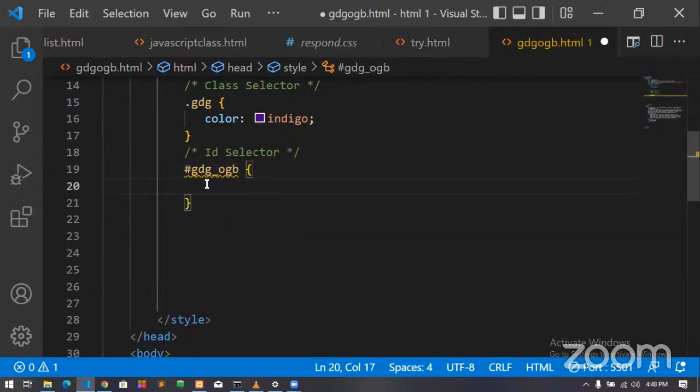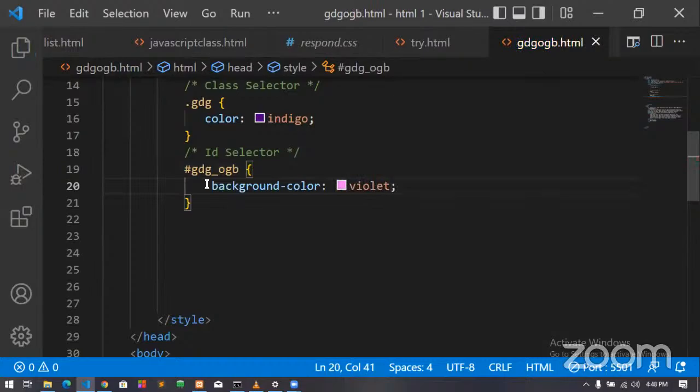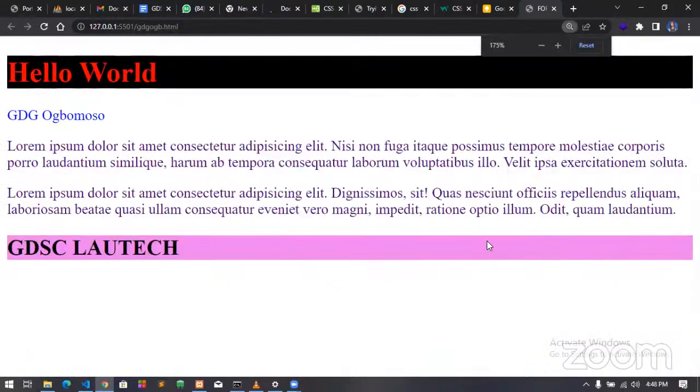So I can now come here and say, okay, I want you to have background color violet, and boom, my GDSC LAUTECH has background color violet. So that's how you actually use the name selector, the class selector, and the ID selector to design and give styles to your tags and your elements.